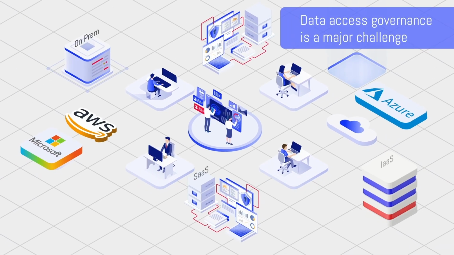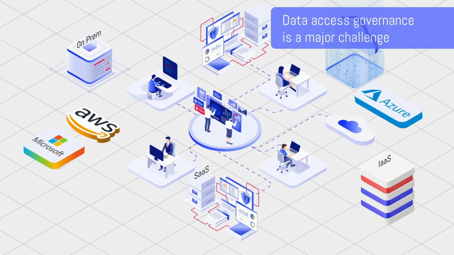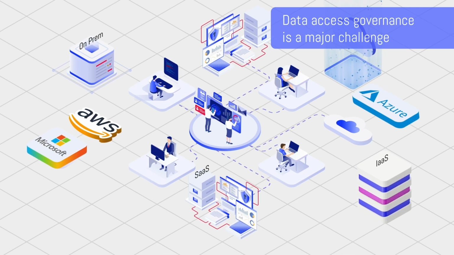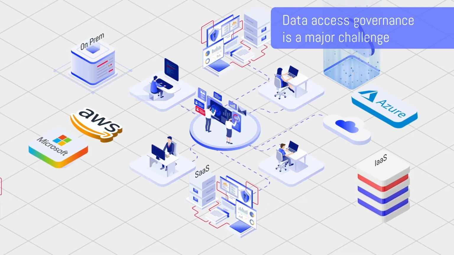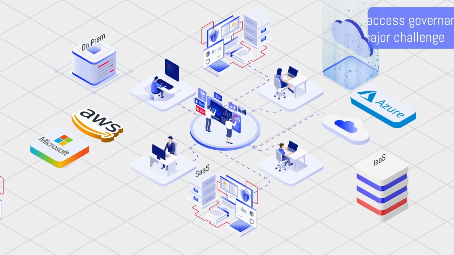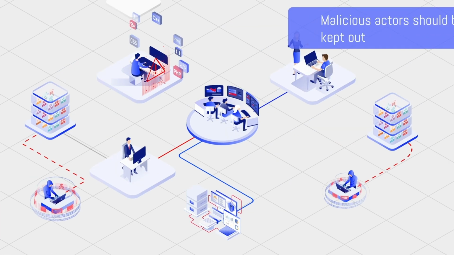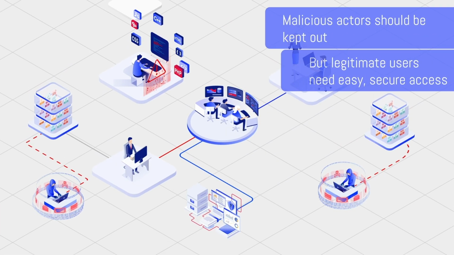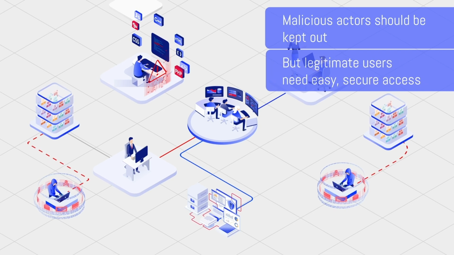Modern enterprises manage hundreds of data stores across multiple clouds, including SaaS, IaaS, and on-prem environments. But this creates a major data access governance headache for data and security teams. Why? Because these teams, already overloaded and stretched thin, must balance two critical competing priorities every day: safeguarding sensitive data